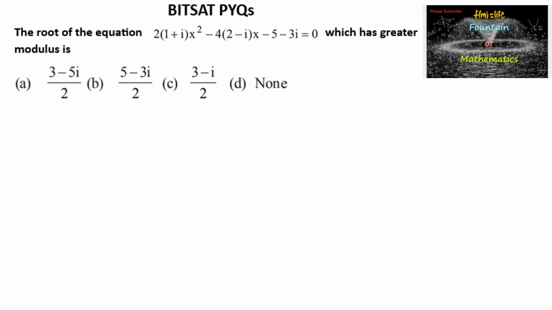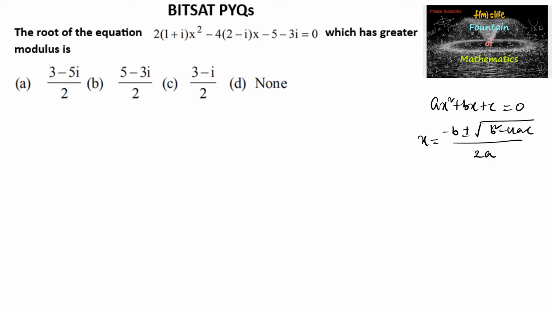Here in this problem, we need to identify among the roots of the equation 2(1 + i)x² − 4(2 − i)x − 5 − 3i = 0, the one having the greater modulus. So for that we need to find the roots of this equation. For the equation ax² + bx + c = 0, we can identify the roots by using the formula x = (−b ± √(b² − 4ac)) divided by